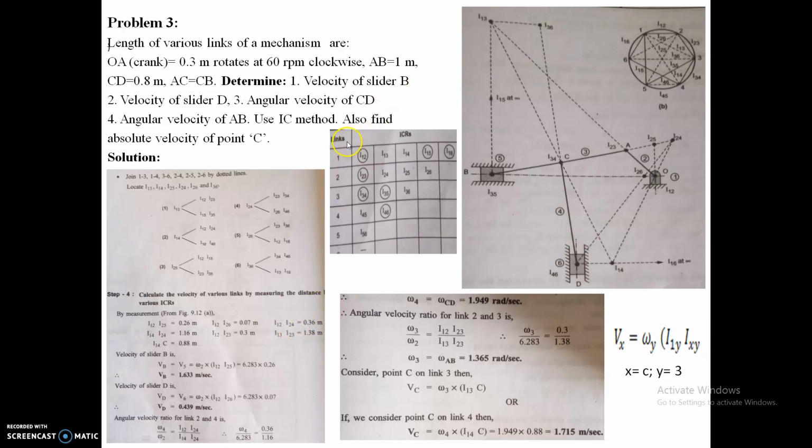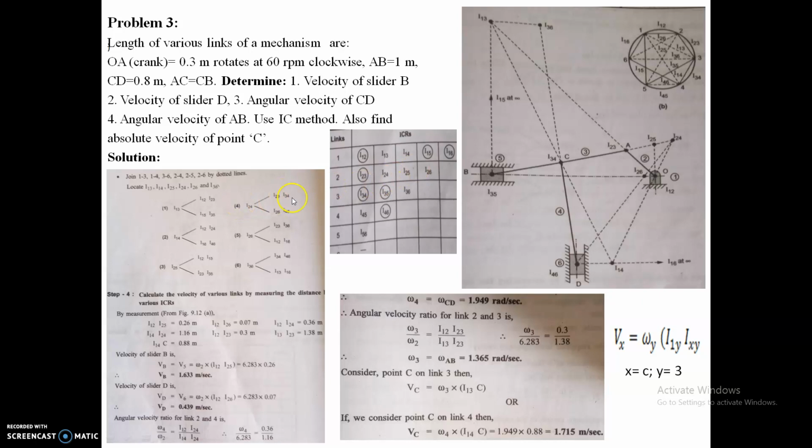So column number 1 is the link, where I have noted the total number of links is 6, and in the horizontal it is IC. From the link number 1 row you keep the suffix 1, that is the first row, link number 1. I have kept the first suffix, that is 1, the same all over in that row, and the second suffix is onwards of that 1. So here it is 2, here it is 3, 4, second suffix 5, second suffix 6. So you have to hike the second suffix.